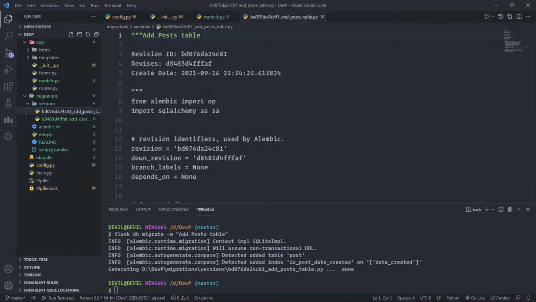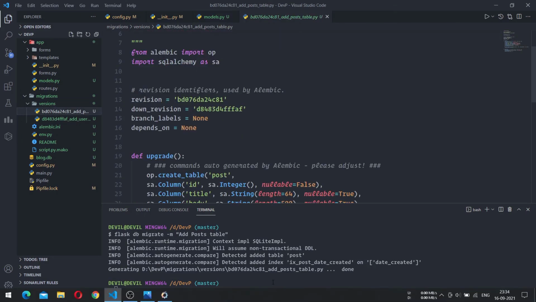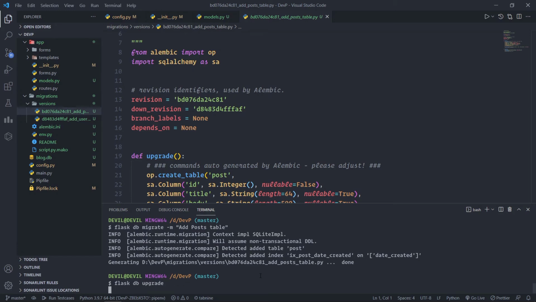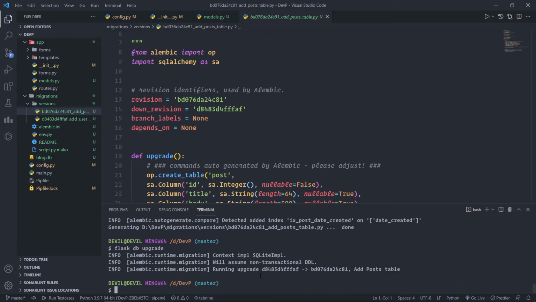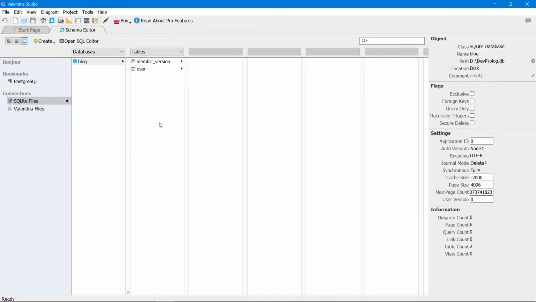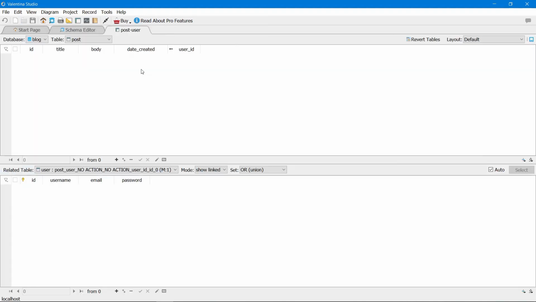So here our migration script is, and now we need to reflect these changes in the database. So we need to write flask db upgrade. After this, the database will have a new table called post. And if we reload this, we can see there is another table post with id, title, body, date created and user id fields.